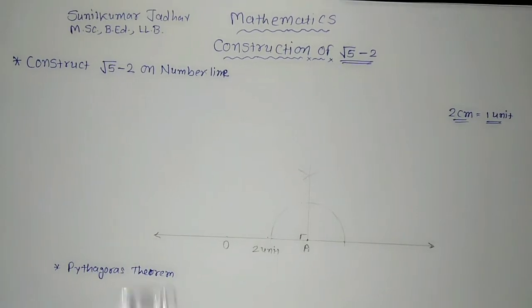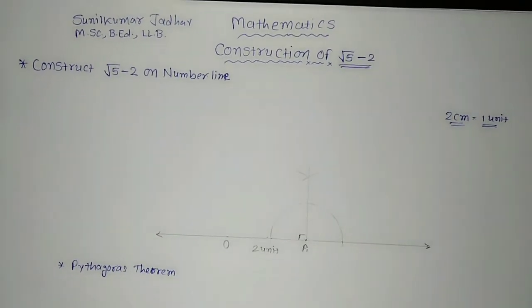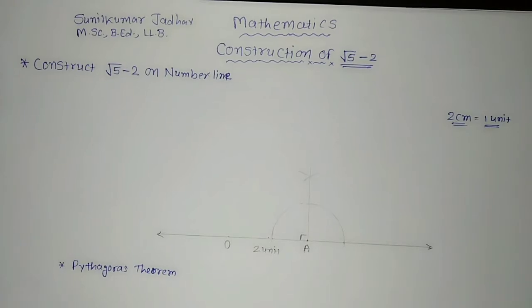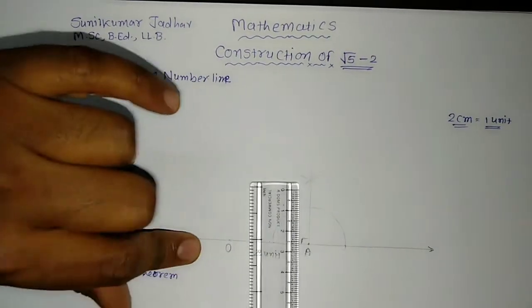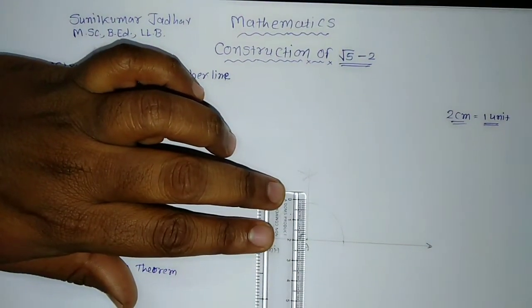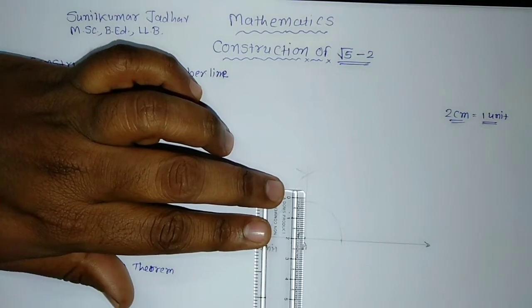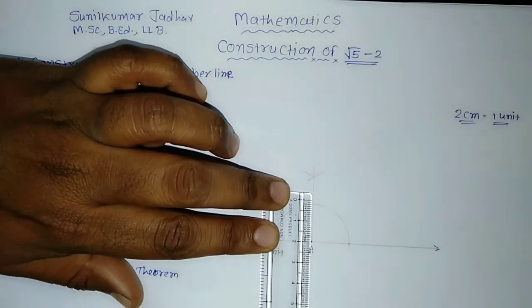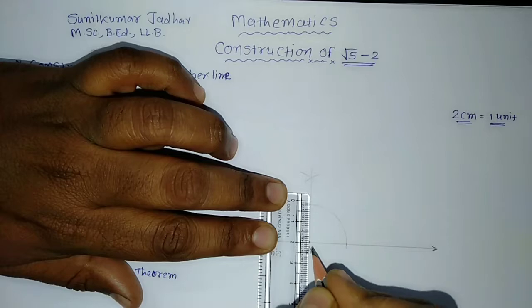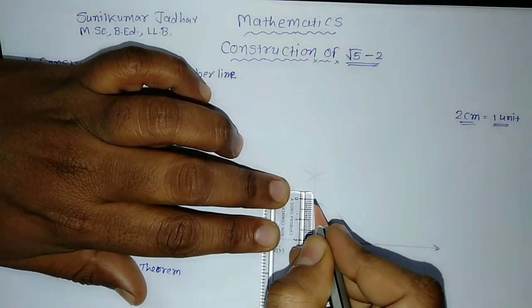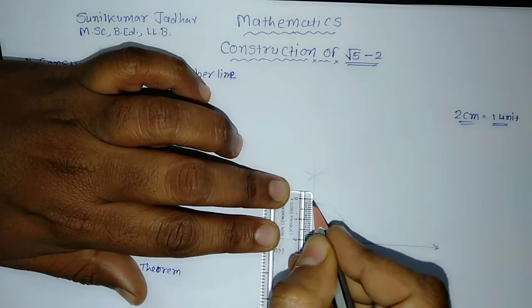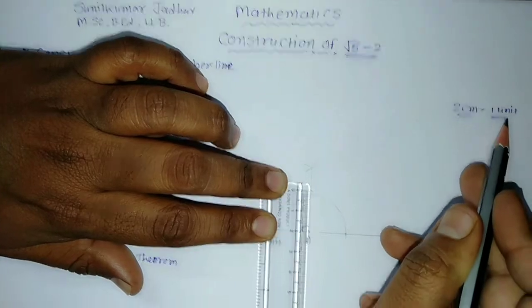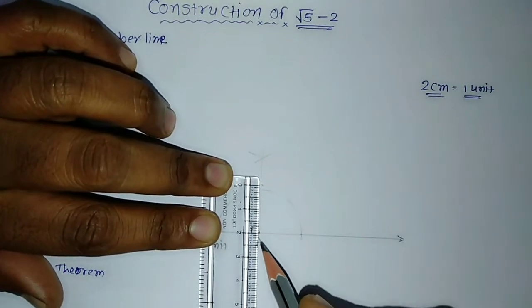So you have to do this method for drawing 90 degree. Now we need to take only 1 unit over here. So 1 unit is equal to 2 centimeter. Even you can take the measure and you can draw the arc, but on this line I will put the point over here. This is 1 unit. 2 centimeter is equal to 1 unit. We already taken. So that only I have done.